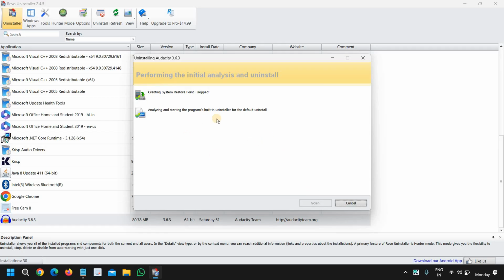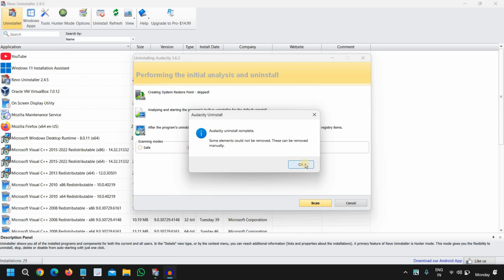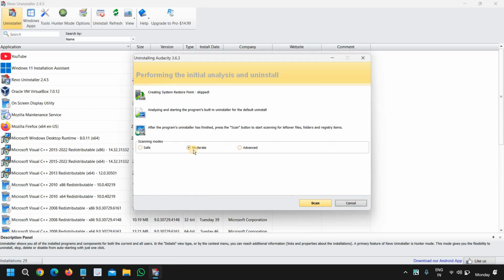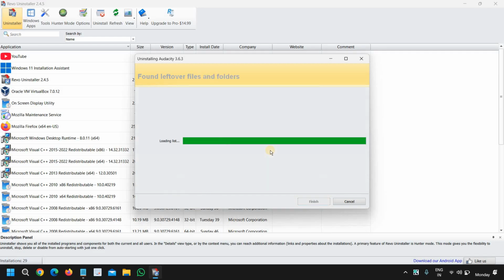Here it is analyzing, and it asks: are you sure you want to completely remove Audacity from all its components? Yes. And it will be uninstalled. You just need to click on OK. Now we need to scan for the leftover files, and we can simply select scanning modes and click on scan, and it will scan the whole computer for whatever files are left over for that particular application. You just need to select from the top, and you can simply select delete and say yes, and